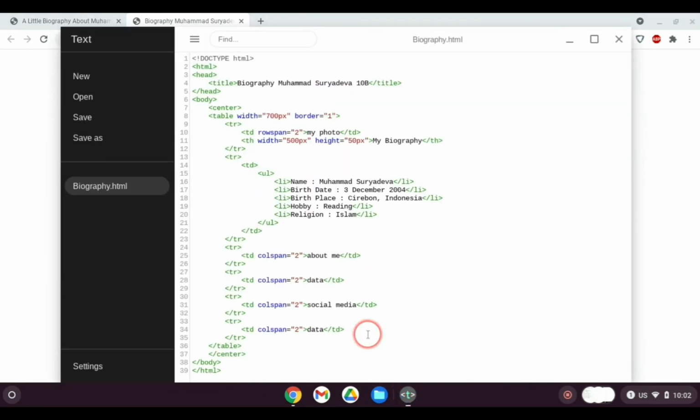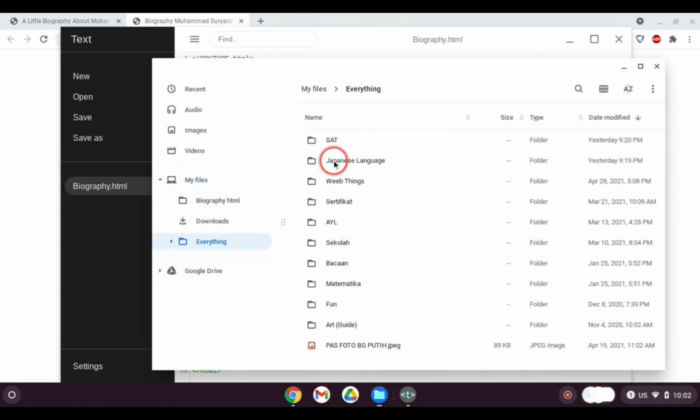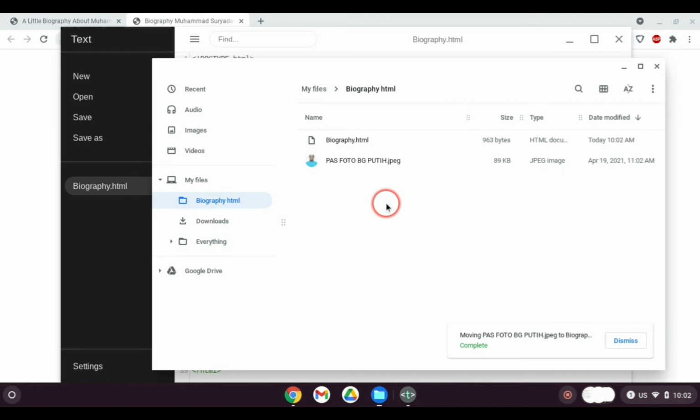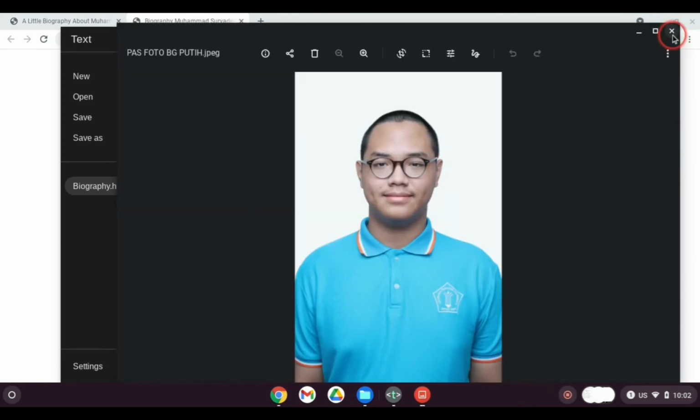Now let's do the photo part. This is quite confusing actually. First of all, in my files I have this photo. Let's move it to the biography.html folder. This has to be in the same folder, so that we can add this image into the HTML.